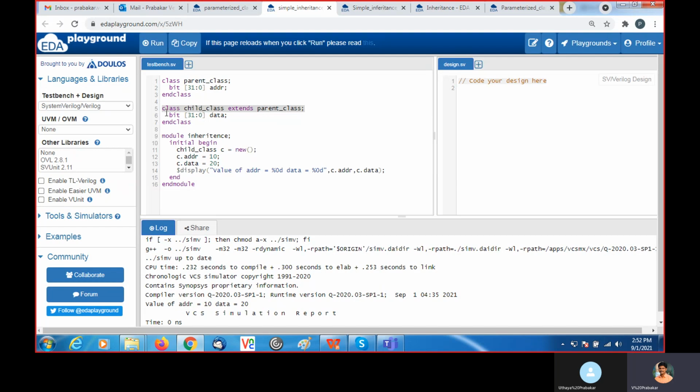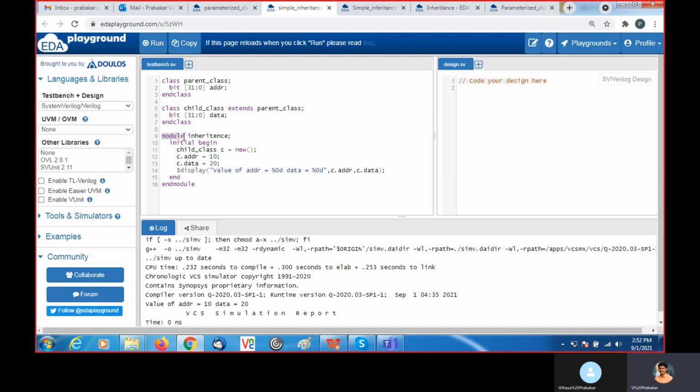Then here I have a new property, bit 31 is 0 data. If I extend from the parent, the child class by default consists of the properties of the parent class, so address will be automatically present here. Along with that, we have another property, data. So this child class consists of data as well as address.